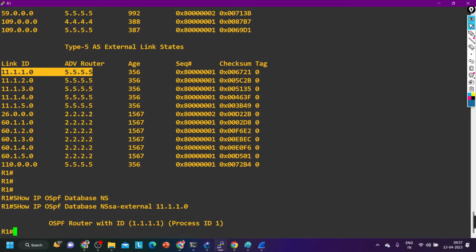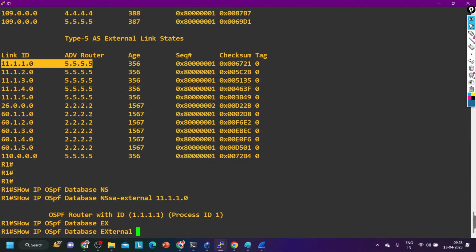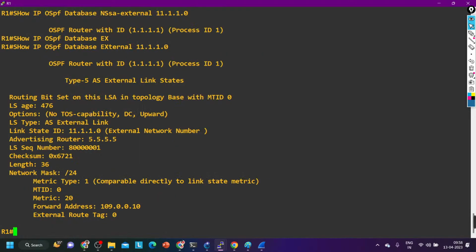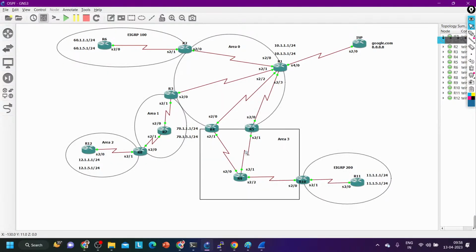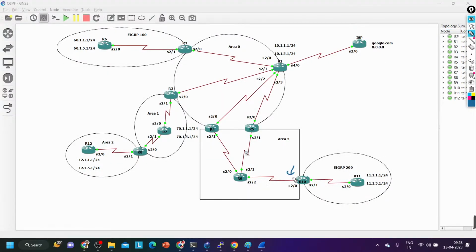11.1.1.0, not NSSA, it is external. LSA 5 is there. External 11.1.1.0. Now you can see forwarder address is what? 109.1.1.10. So actually this is the IP address of forwarder. So actual advertiser is not router number 5. Actual advertiser is this router. Router number 10 is advertising these prefixes in OSPF domain. Yes or no? But in the database of router 1, you are able to see the advertiser router ID for